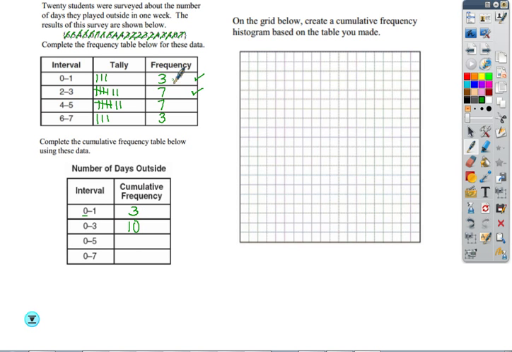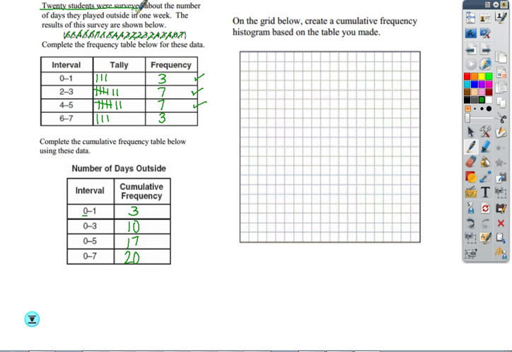If I do between 0 and 5, I'm including all of these 10 students plus another 7. So that would be 17 students. And if I include from 0 to 7, it means I'm including all of these students. I'm going from 0 all the way through to 7. So that's a total of 20 students between 0 and 7. And if you notice, there's 20 students that were surveyed. So that makes sense. The next thing you got to do is you got to actually graph your cumulative frequency